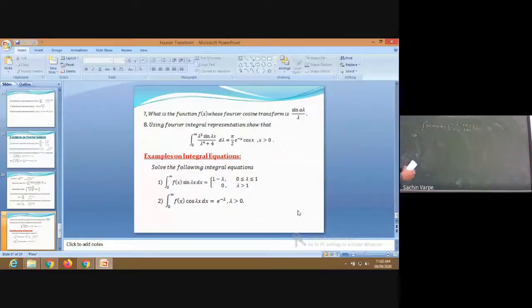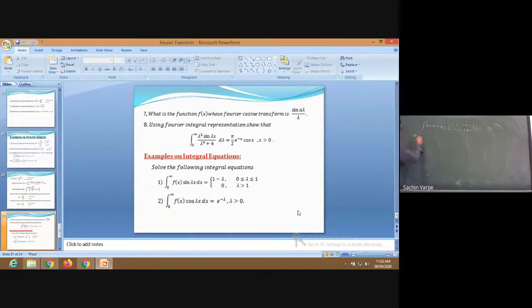Fs of lambda, right? Because if you look at the left hand side, that integration is with respect to x. That means definitely it will be a Fourier transform. So which Fourier transform is it? Since this integration involves a sine term in its integrand, it is the Fourier sine transform. Is it clear? So this is the formula. The left hand side integral is the formula of the Fourier sine transform, and that is equal to this expression in terms of lambda that we have been given.